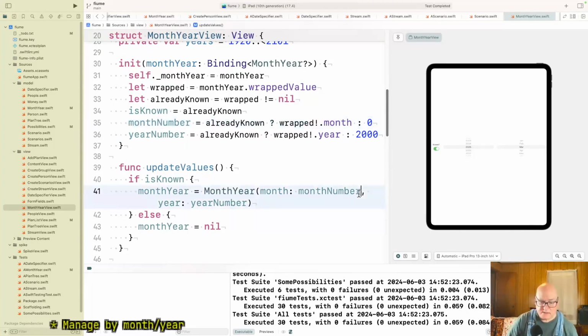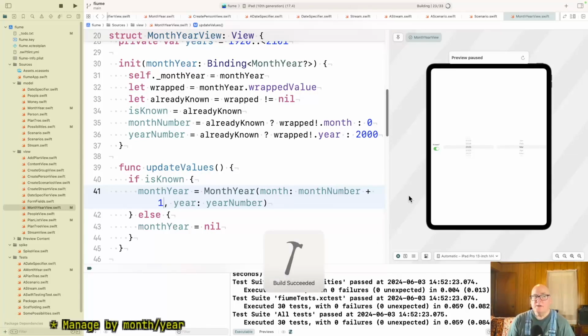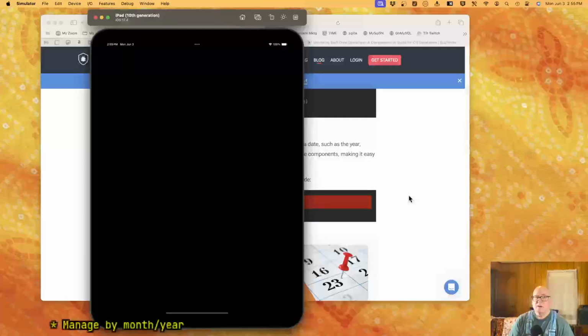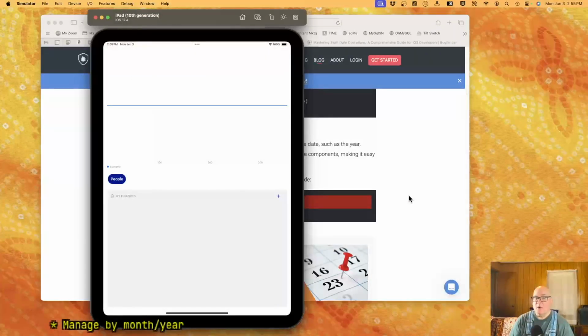I think this has got to be +1. Well, no, date specifier month doesn't know anything about it yet. It's really the question of are we zero based or one based?